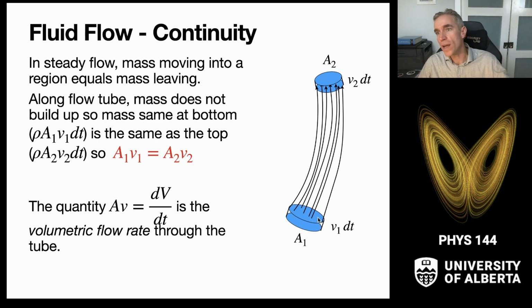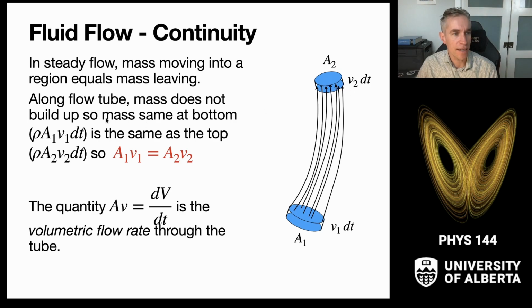So it's basically a one in, one out kind of model for every volume. And that's basically a statement that there isn't a creation or destruction of a fluid in its flow. In that case, we have a condition of continuity. And then we can just assert that the flow through this area here is going to be the same everywhere along the flow tube